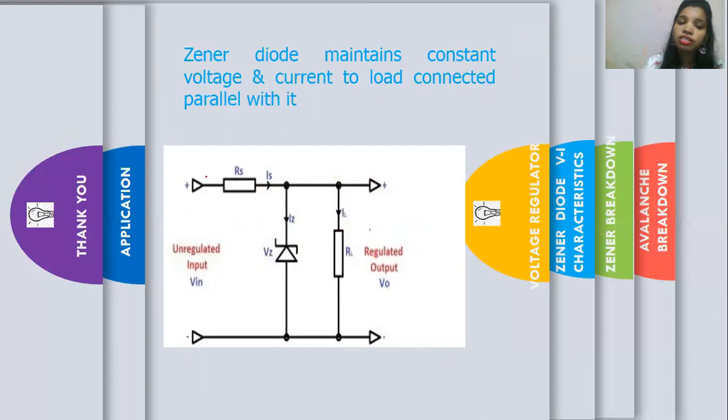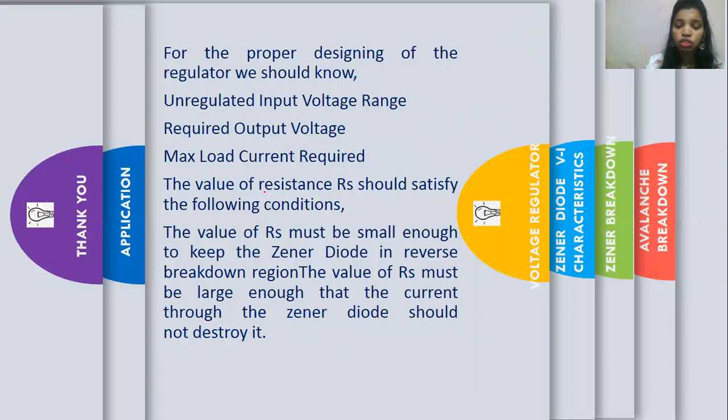Okay, now what is the role of this RS and IS? In short, in a Zener diode, there are two types of current, minimum current and maximum current. So the current IS which is going through this should not be very high, not very low. Why? First of all, for the proper designing of the regulator, we should know what is the range of the